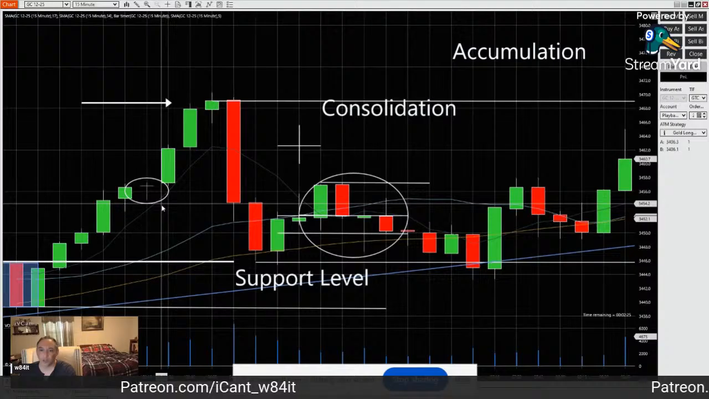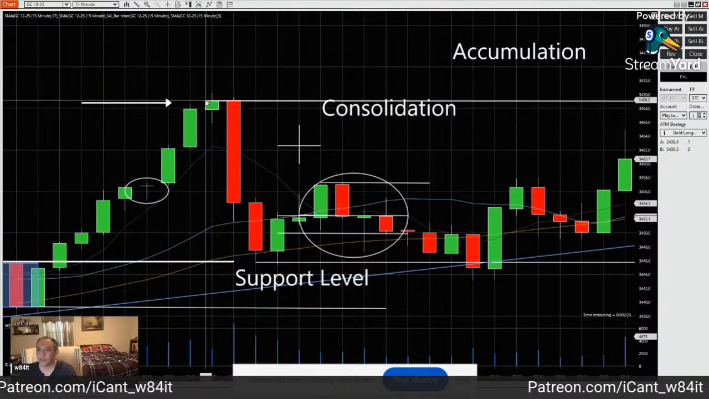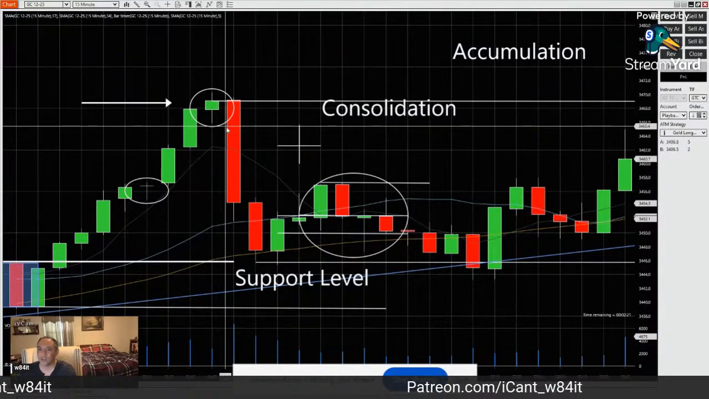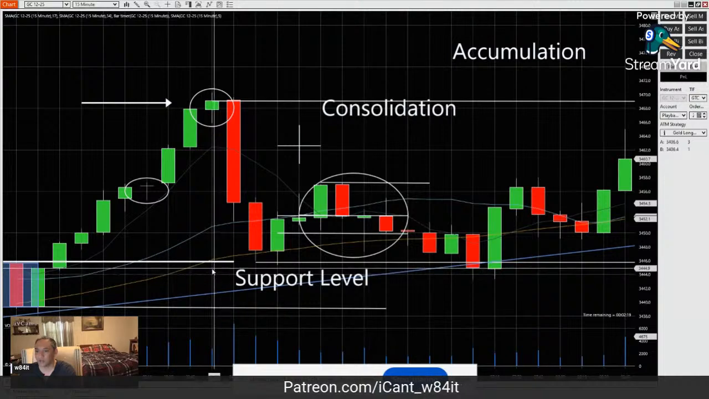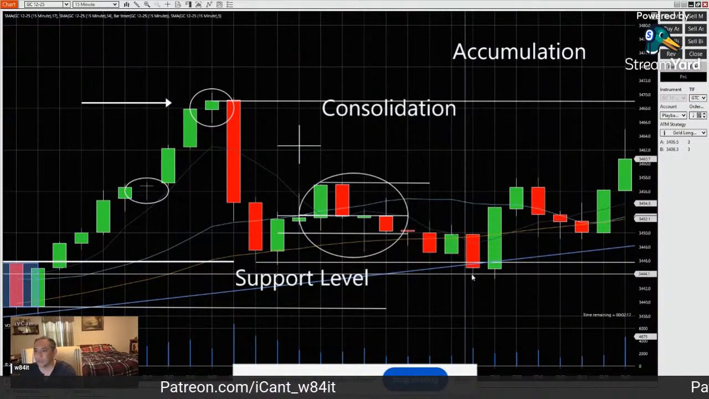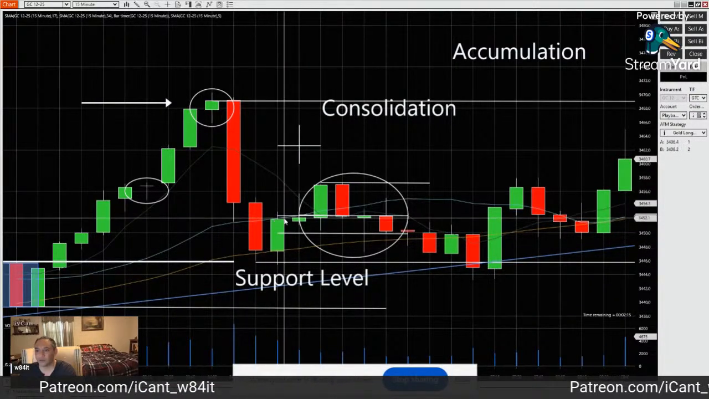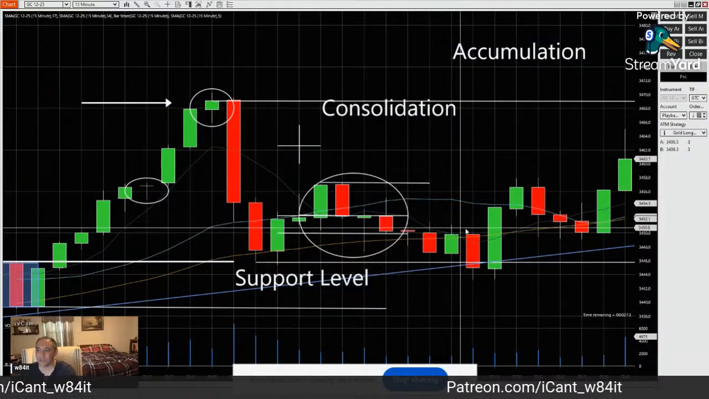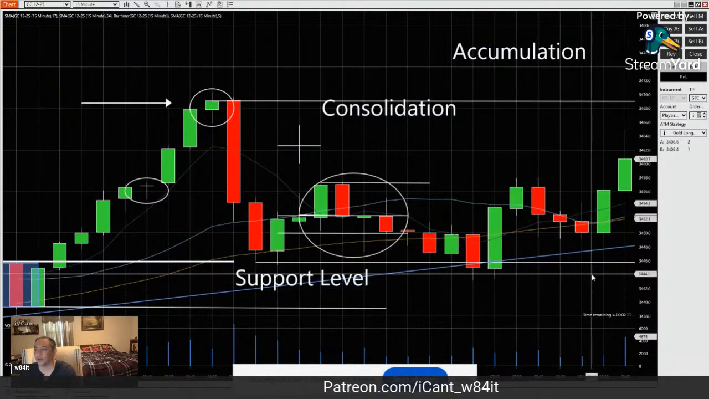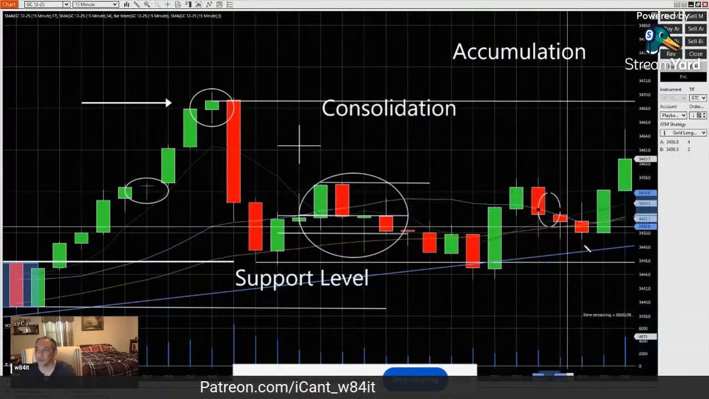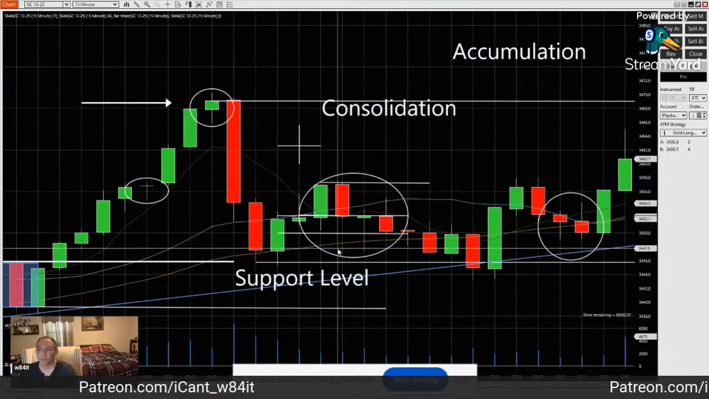Well, true doji. Indecision candle. Indecision candles found at the high are good signs of reversal. Indecision found at a low, or in succession, means consolidation, and at a low would mean a sign of a reversal as well, like this. And so